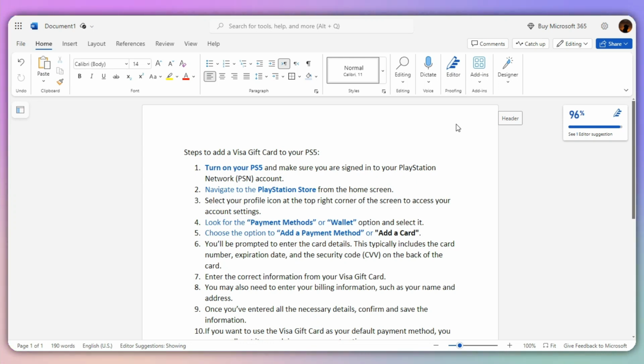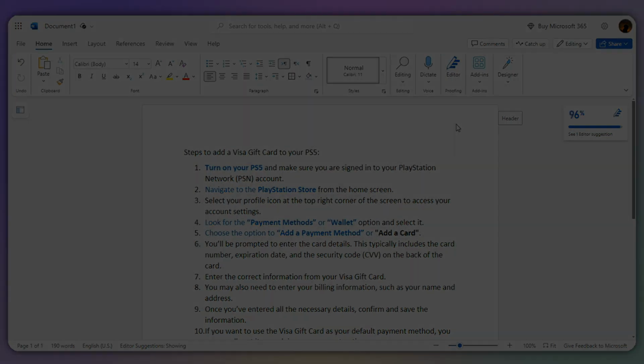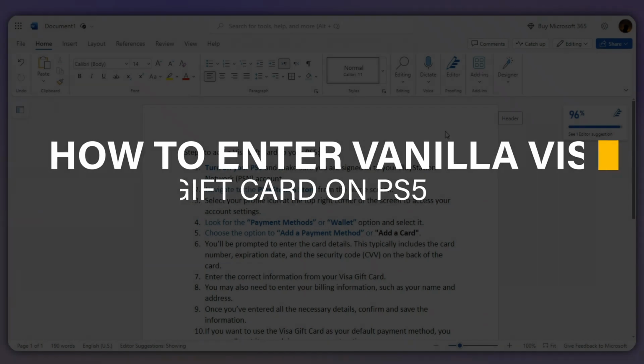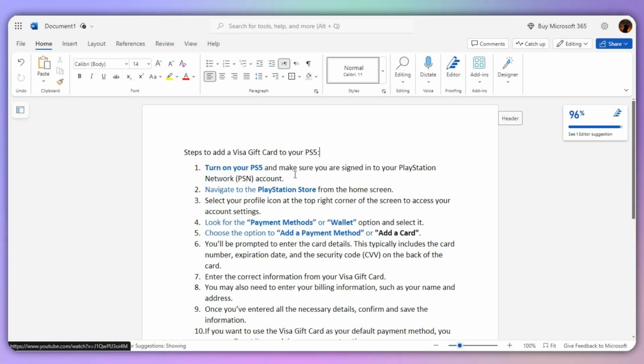Hello everyone, and in this video I will show you how you can enter your Visa gift card to your PlayStation 5. Simply turn on your PlayStation 5 and make sure that you are signed in to your account, and the next step is navigate to the PlayStation Store from your home screen and simply select your profile icon at